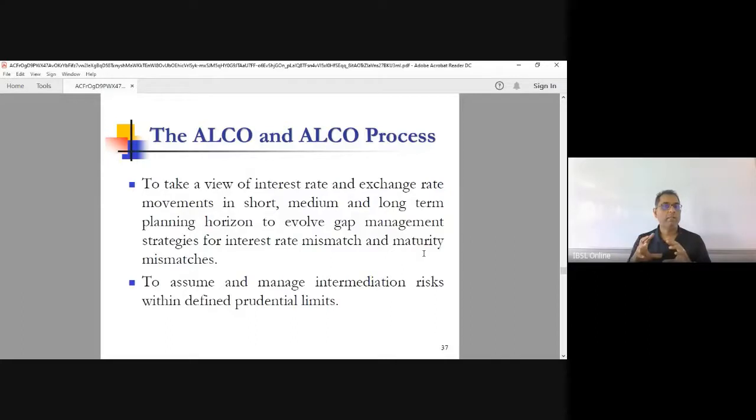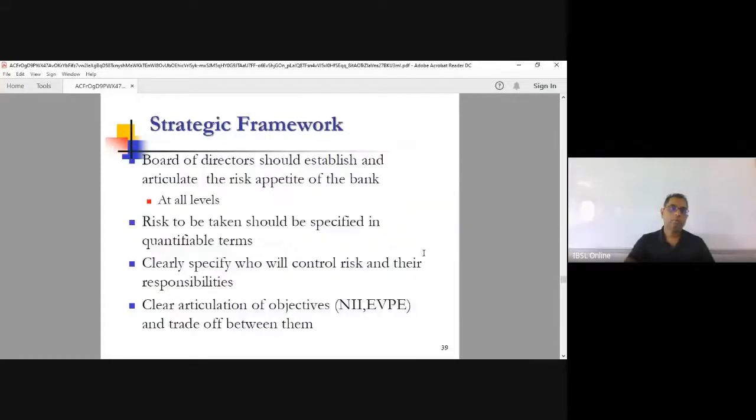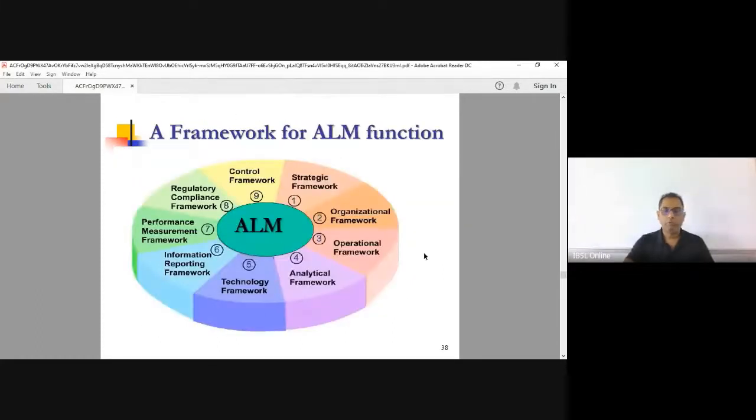All done with the intention of making the maximum possible return at the healthiest possible risk factors, and at the same time making sure that the bank, the company, remains safe and the funding requirements of the company are understood and maintained over a period of time. So ALCO sits there to do that. Okay, before I go on to the next one,